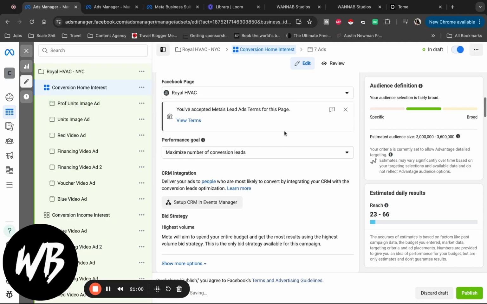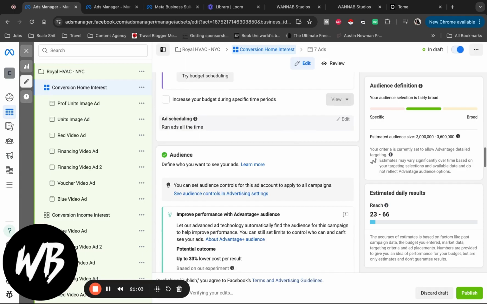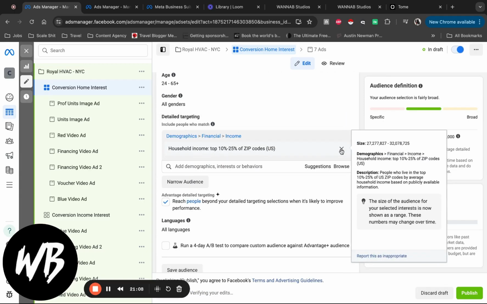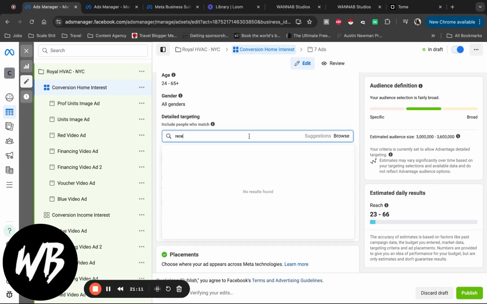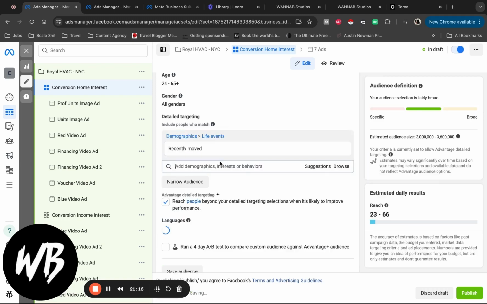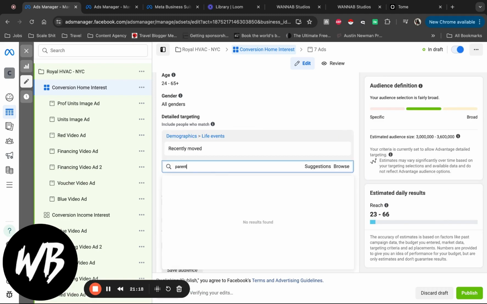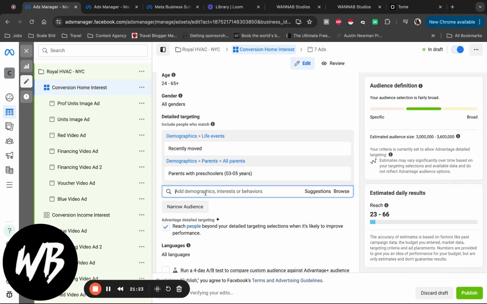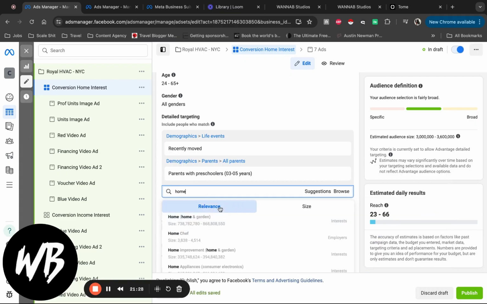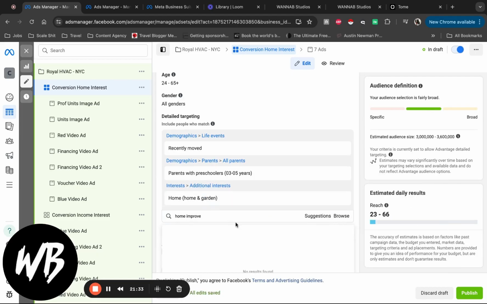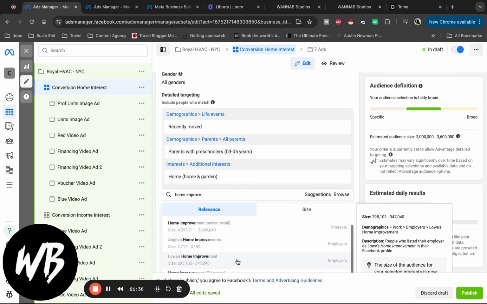We're in home interest. So now we're going to change up the interest, right? So instead of income, we're going to delete both of these, and we're going to target recently moved. All right, demographic, recently moved. Parents of preschoolers 3 to 5. And then we're going to go, okay, home, right? Home and garden interest, home improvement interest, right? Because we want to put our guys into